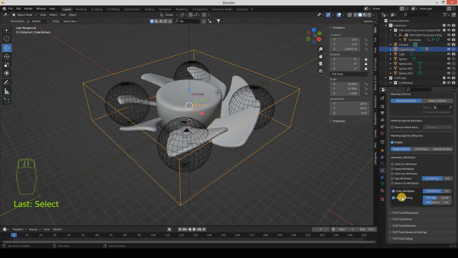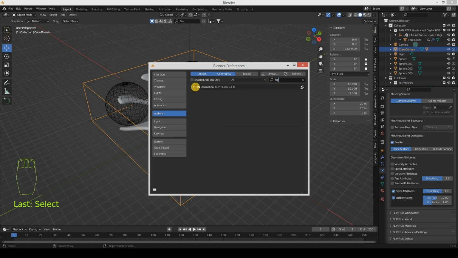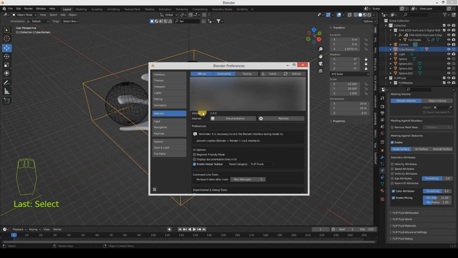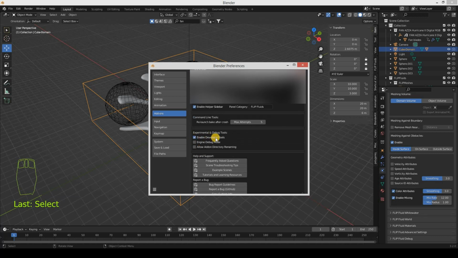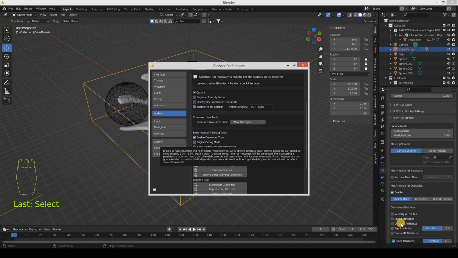If you cannot see these two options, then you just need to go to edit menu, preferences, and in the add-ons section you can type FlipFluid and expand it. As this is the newest version 1.4.0 at the time of recording of this video, so you need to enable developer tools. It's not enabled by default, so you can click. When you click this, you get the newest features here. Then close this dialog box,